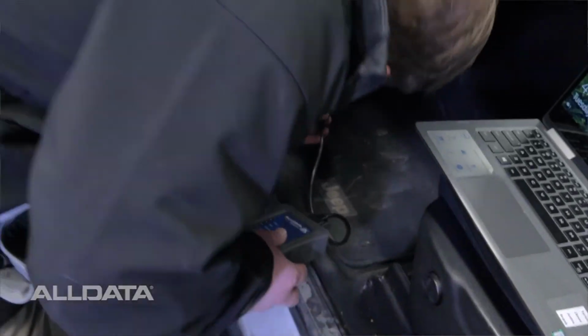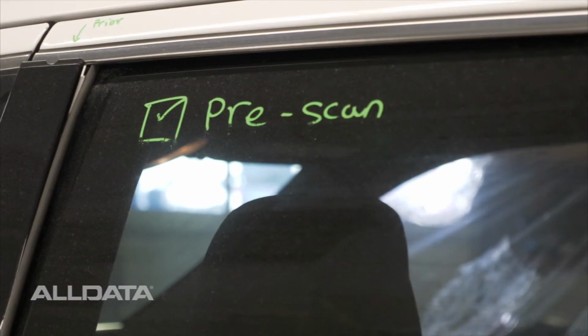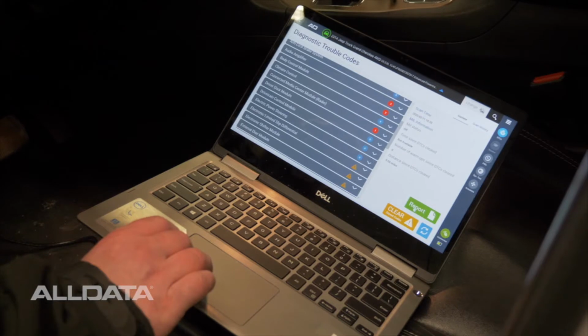So I use the ALLDATA scan tool when vehicles come into the shop. That way I can check pre and post scan, make sure there's no history codes or anything prior to